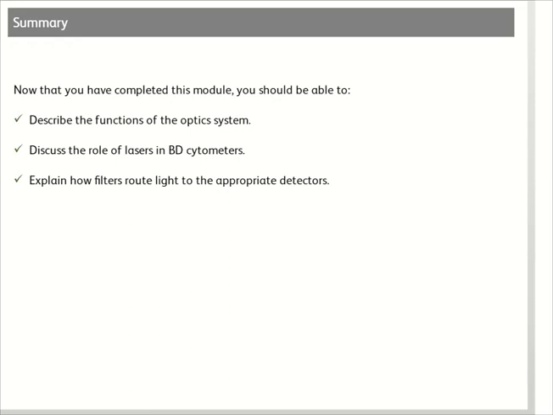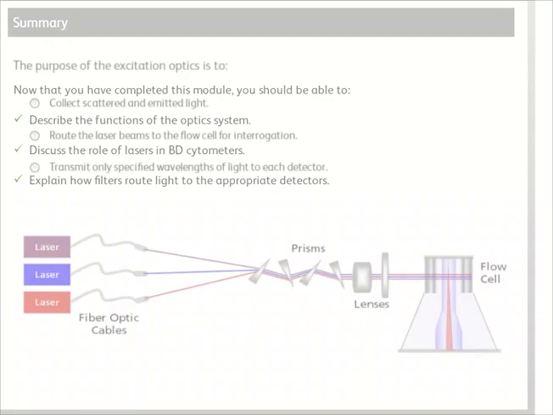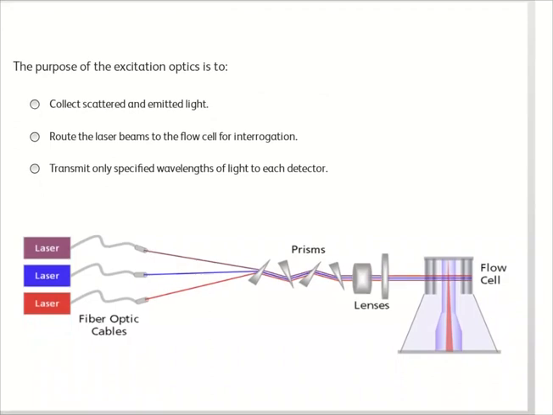Reflect on what you have learned in this module. What are the main functions of the optic system? What is the role of lasers in BD cytometers? How are longpass, bandpass, and shortpass filters used to route specific wavelengths of light to the appropriate detectors? Click Next to take a quiz and check your understanding of the content shown in this module. Now that you have completed this module, you should be able to